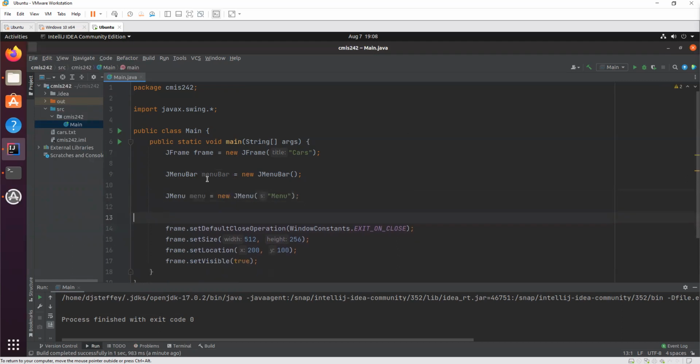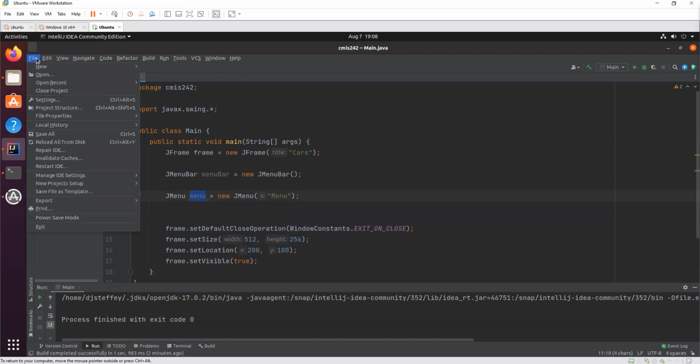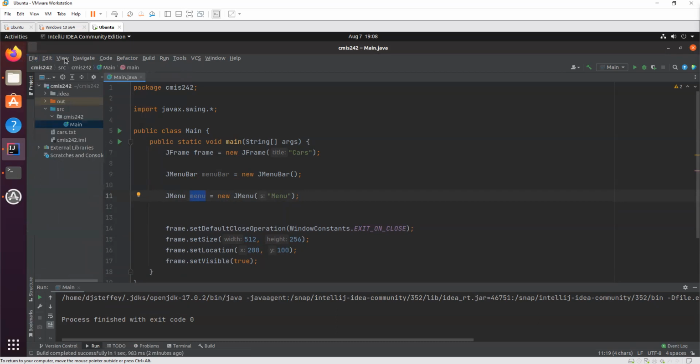So you can think of this menu as this thing that says file, this thing that says edit, this thing that says view, this thing that says navigate. It is not yet all of the options underneath it. Think of it like the main heading. That's what this JMenu is. It's just one of these headings. The menu bar is all of the headings.